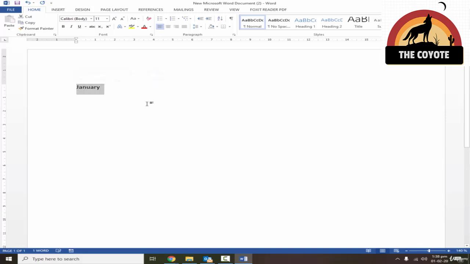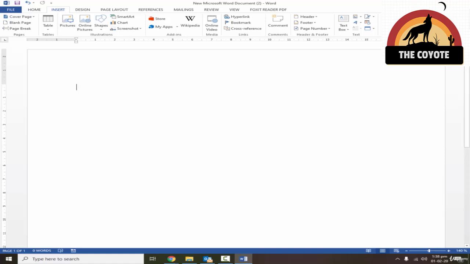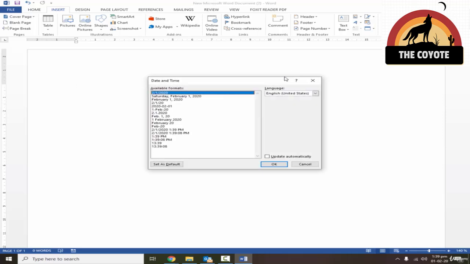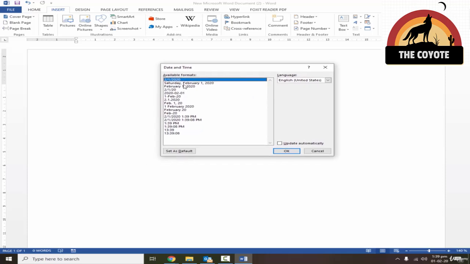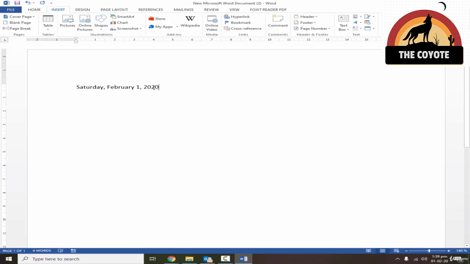Now, if I want to insert a full date, you have a couple of formats. In the insert section, go to insert menu and then click on this little icon, insert date and time. Here I have many formats. For example, I want to mention the day, the date and the year as well. I can click on this and click OK. It will insert the full date with days. Similarly, if I want to change the format, just delete it.